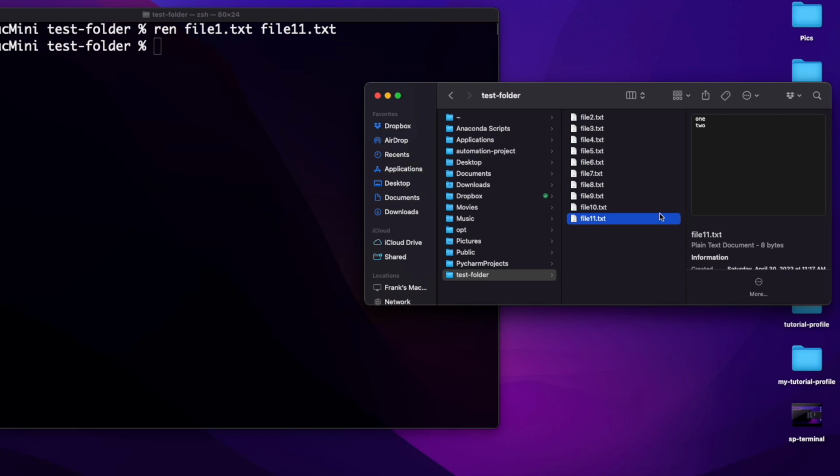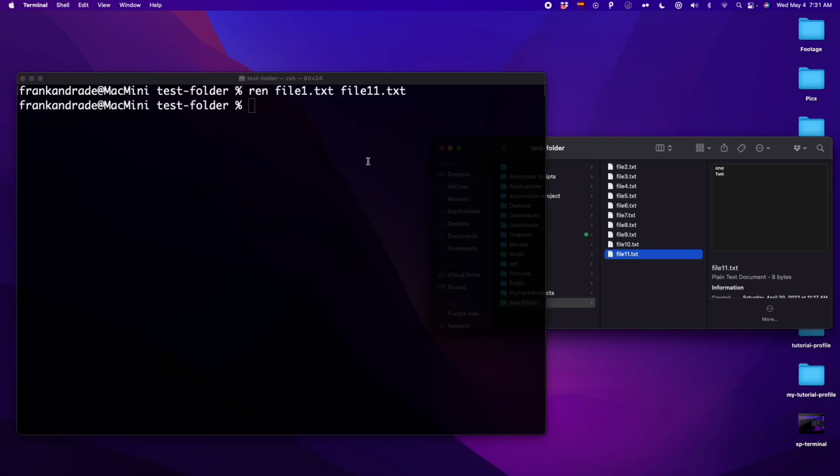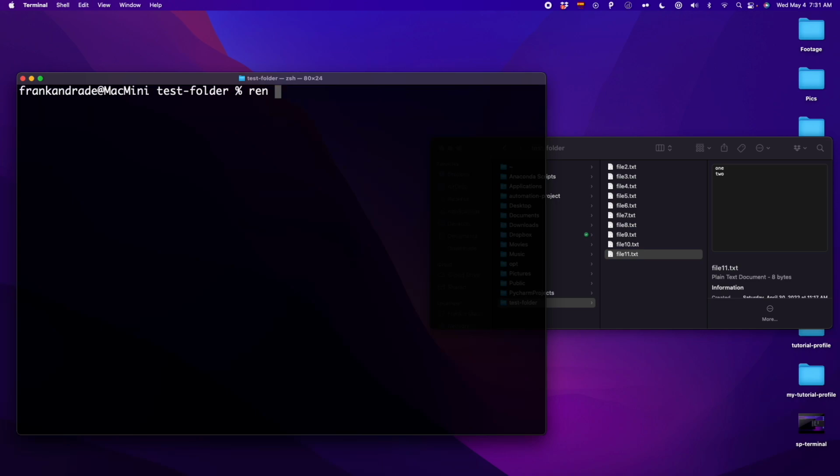But now, what if you want to rename multiple files? So here I have multiple txt files, and let's say we want to change the extension. So we want CSV files instead of txt files. So if we want to do that, we can use again the ren command. So we write ren, and now instead of writing what we had before, we have to use some special characters. So in this case, I'm going to use the asterisk, which is a wildcard that matches any number